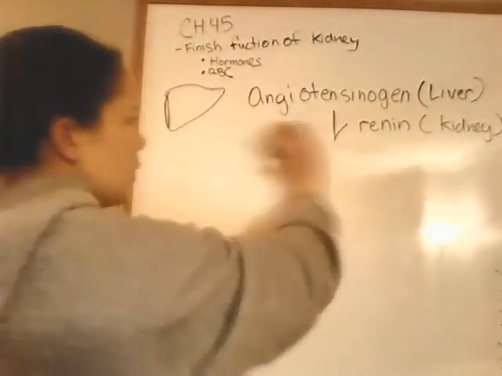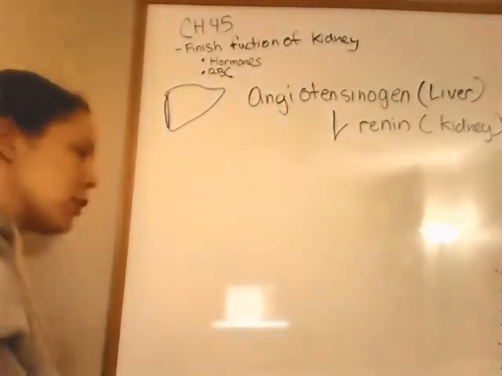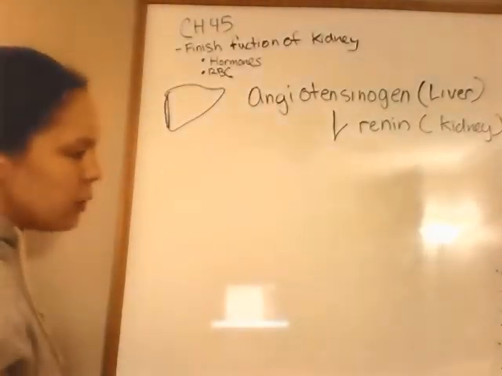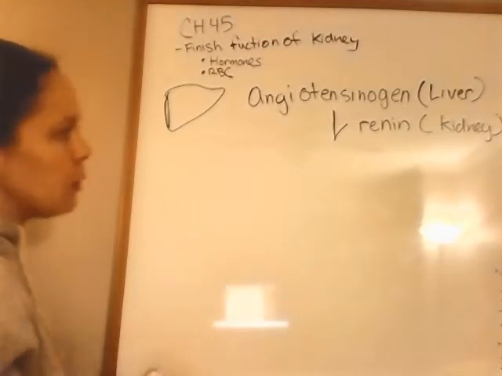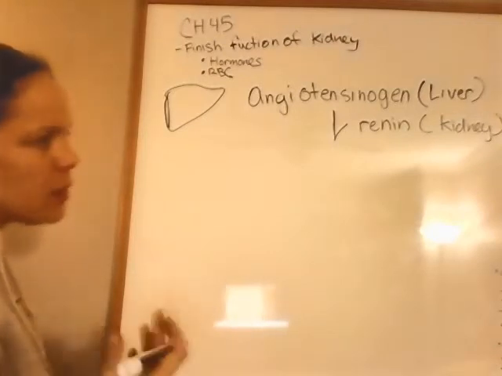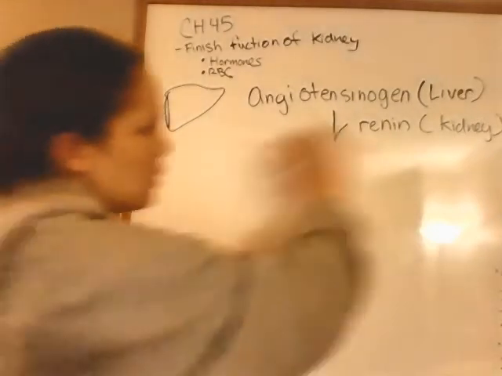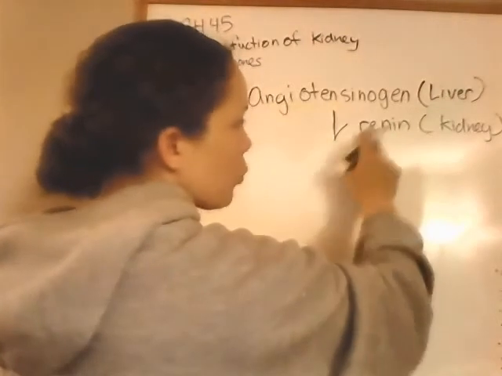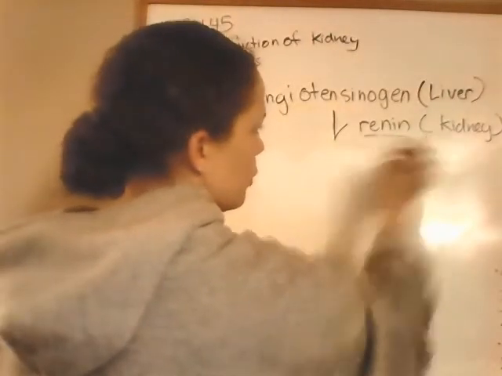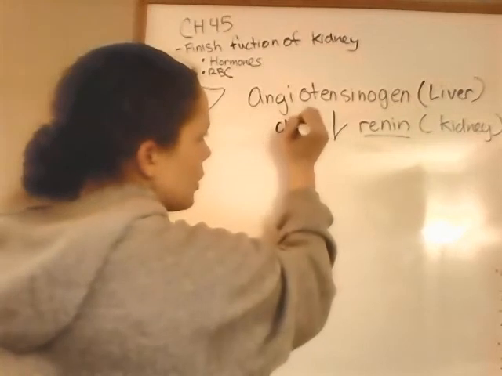So angiotensinogen is produced by the liver, and the release of renin is triggered by low blood pressure, low renal perfusion, low extracellular fluid, low sodium, or too high of a sodium. Anything that says, hey, I don't have enough fluid going through my body. Renin, which is produced by the kidney, changes this